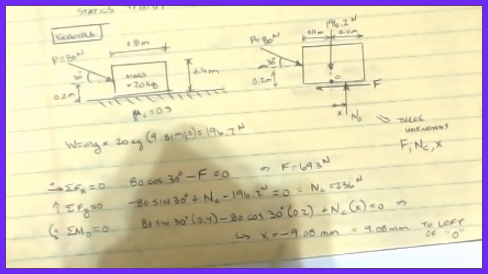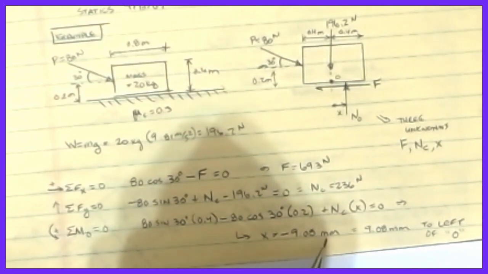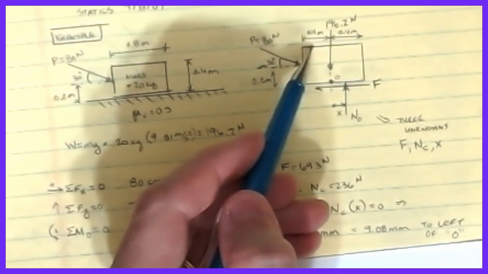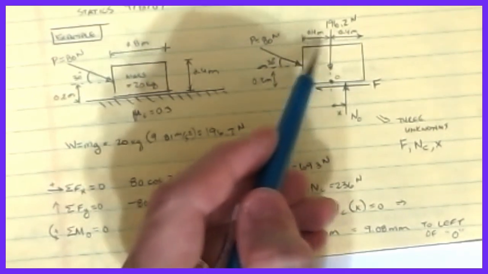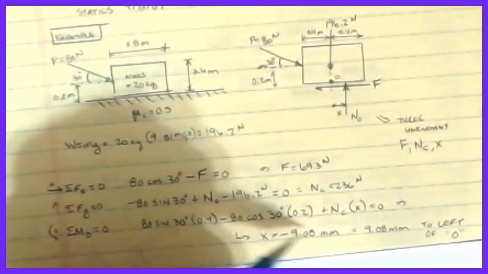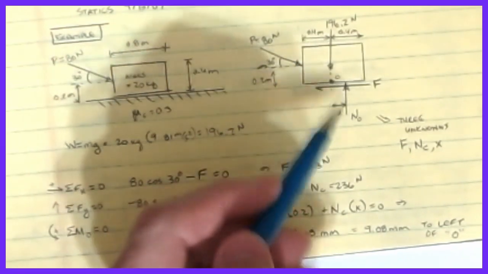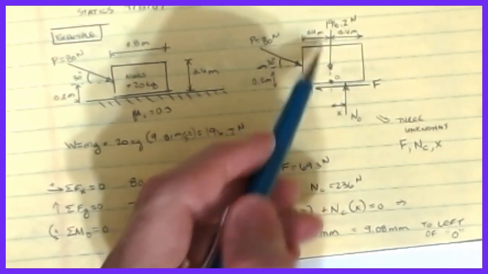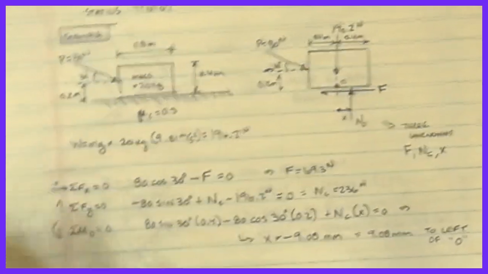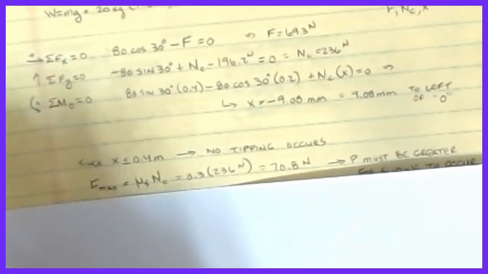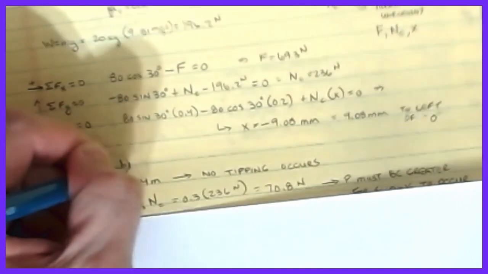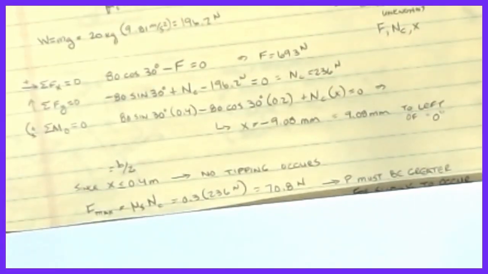Now the amount that it moved based on X was 9.08 millimeters. Well, we know that we were at 0.4 meters for this horizontal distance, so 9.08 millimeters is left of O, but is less than 0.4 meters. So we know that it's still in contact with the block. This object is not tipping. And so that becomes the logic portion. Since X is less than B over 2, because again, that's B divided by 2 is that value,